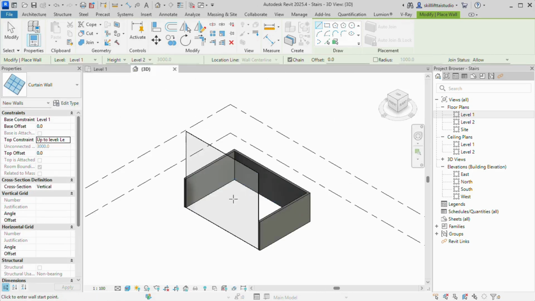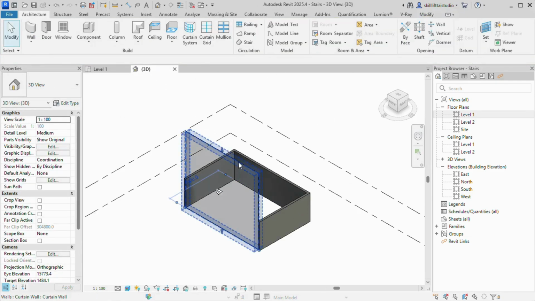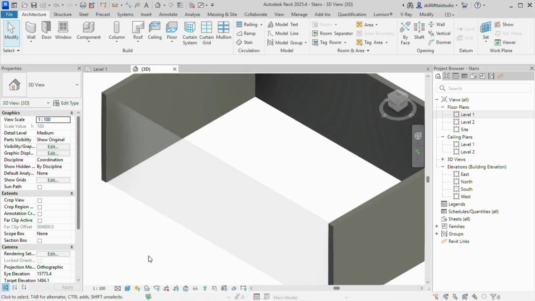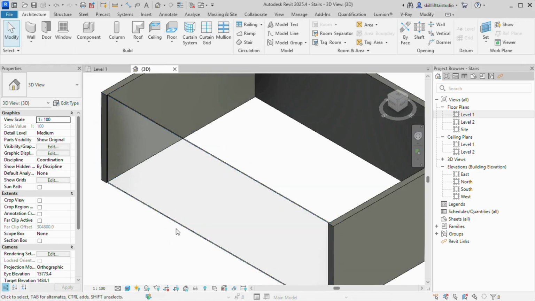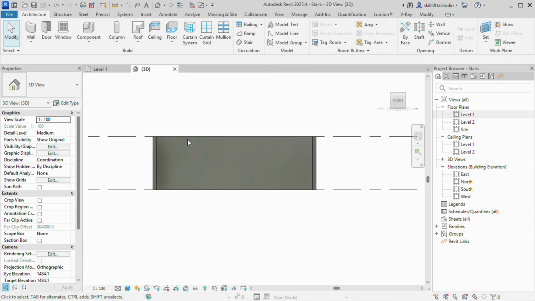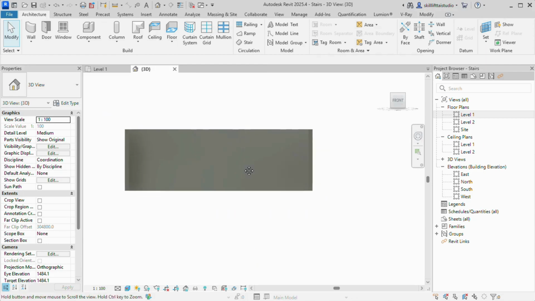Okay, in 3D view, if I look, it has not changed yet. So what I'll do, I'll just click again and change from unconnected to up to the level 2. See, now it has changed. In 3D view itself,